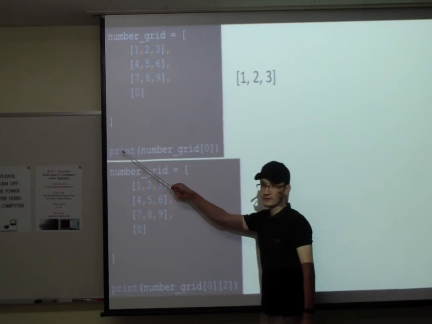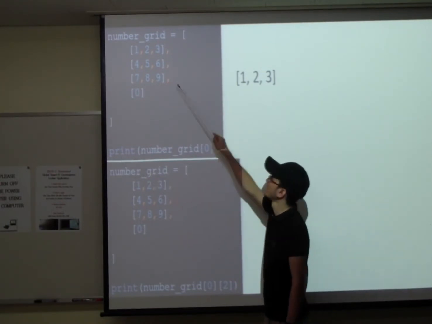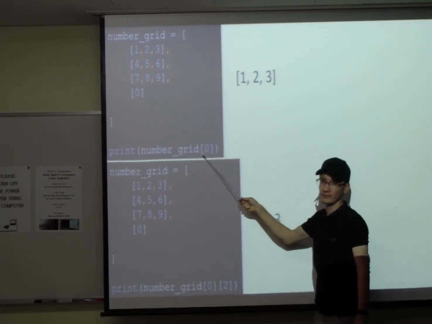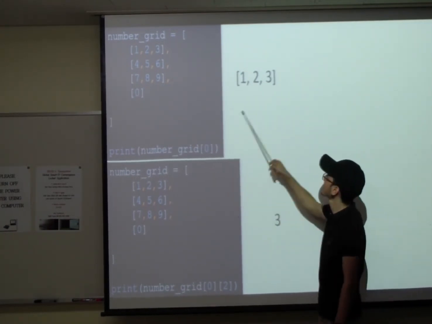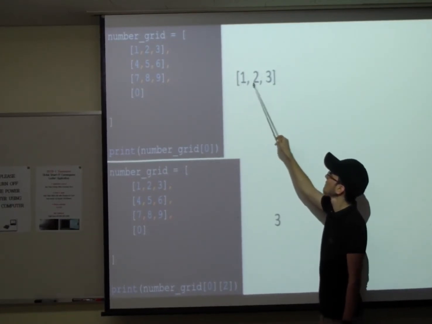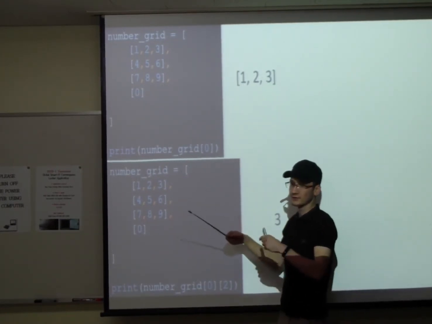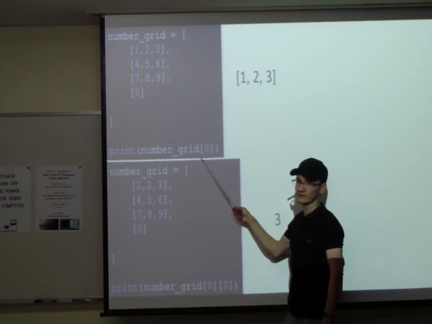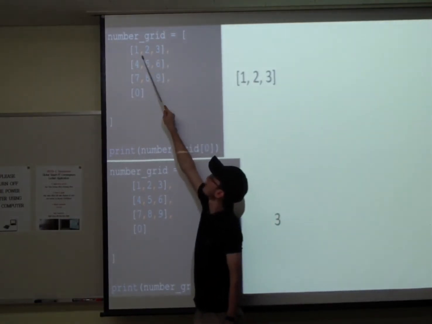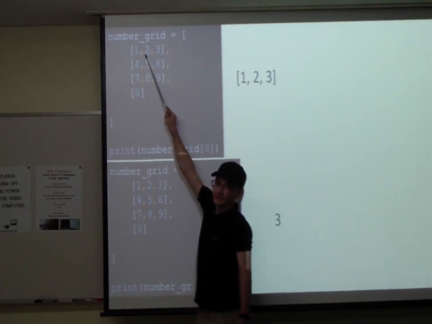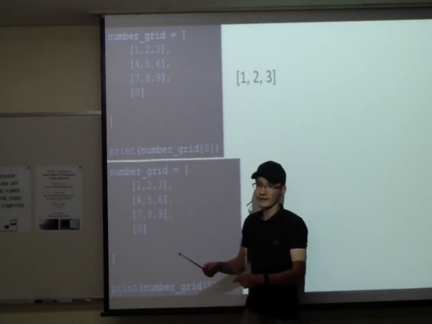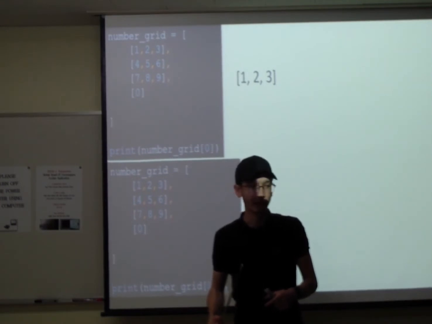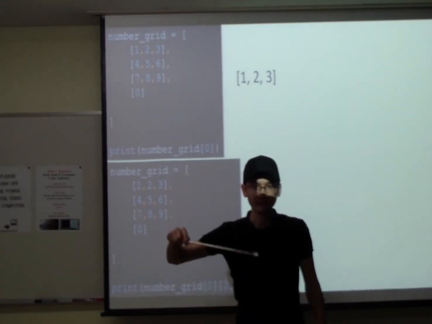And now here we are using the print function. If we print this list, number grid, and we are printing the 0 element, we will see what kind of result. 1, 2, 3. So if you would like to print the first element, this is the first element with the index number 0. So now we are printing this one. So if you create 2D nested lists, it means in your list you will have some columns